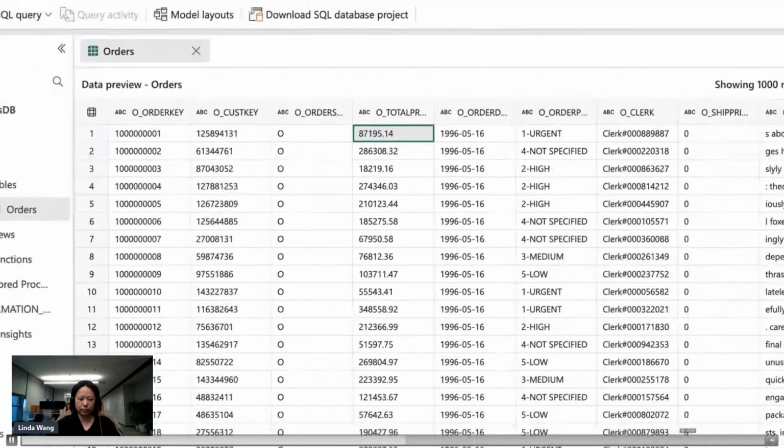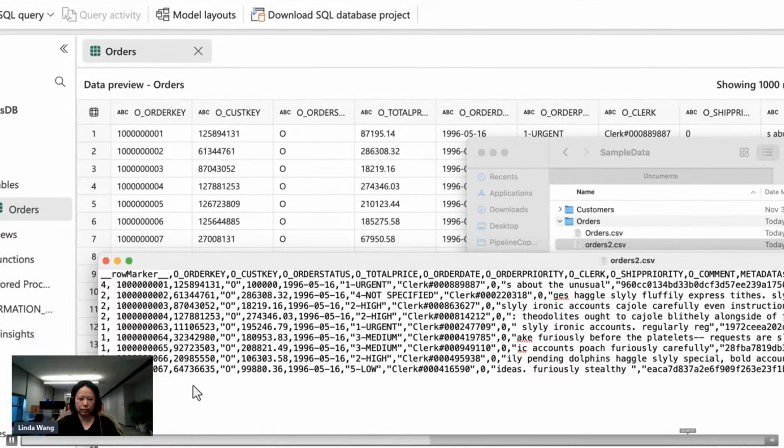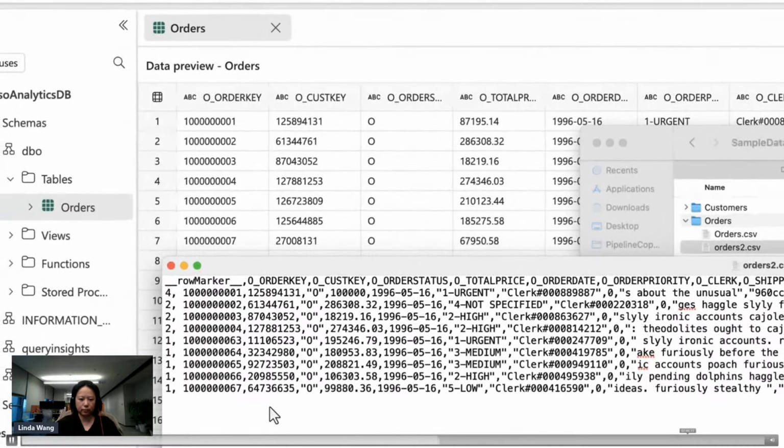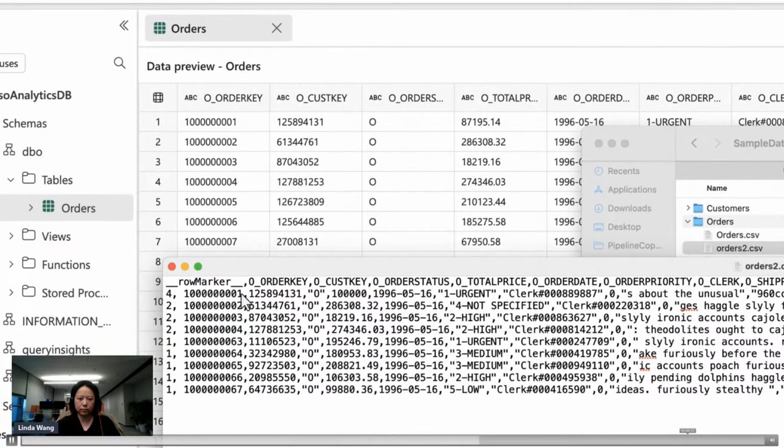All I need to do is create more CSV files with only the changes. For this particular row, I have a CSV file that has an upsert. And see, the difference in these CSV files is that it's got a column here that tells us the operation of each row, like insert, update, or delete. I have gone ahead and updated the price to $100,000 for this particular row. But look, I can add even more operations in the same CSV file. In this case, I'm deleting 3 rows. And you can tell that by seeing that the row markers are marked by 2. That corresponds to deleting the next 3 rows from my orders table.